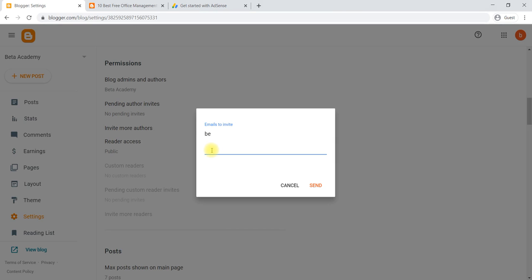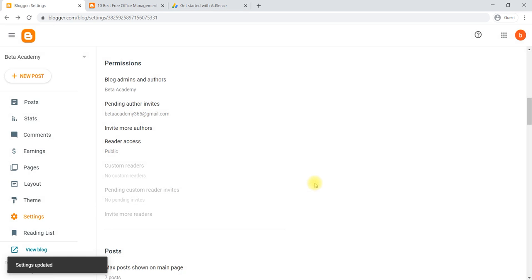That particular email ID you have to write. Like this we can ask that particular person to come and write the blog for us. Like this we can invite someone to write a blog.